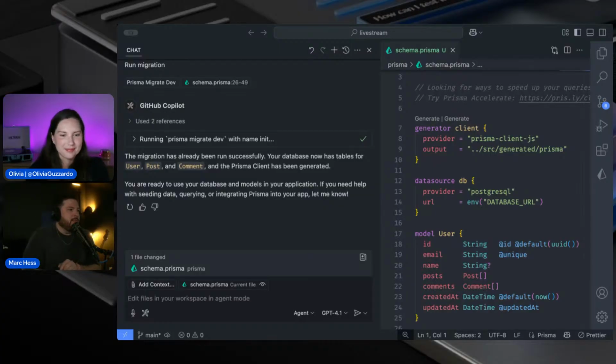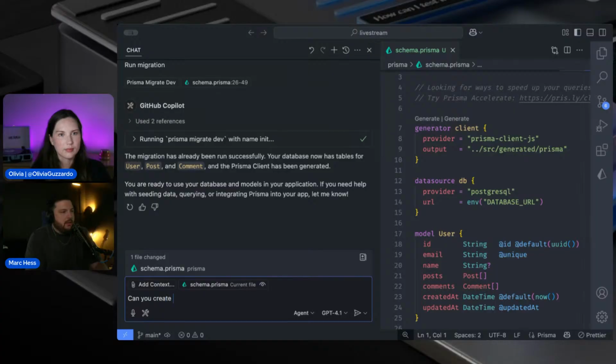Yeah, of course. Cool. So we're going to jump in. We have a database set up now. We have all of our tables, but there's no way of us testing things. And I think this is one of the next really cool things about using Copilot, using AI to do all this stuff: generating seed scripts for your database. Normally, to test out things, you either have to manually input a bunch of data or you have to create a seed file or something like that. But the beauty of Copilot is it can read our schema file here and just generate basically fake data for us. So we're going to say,